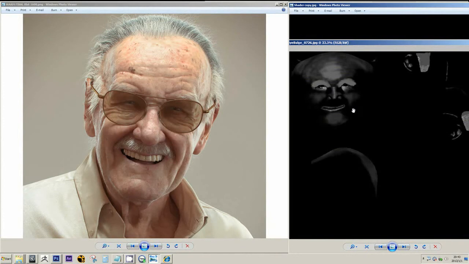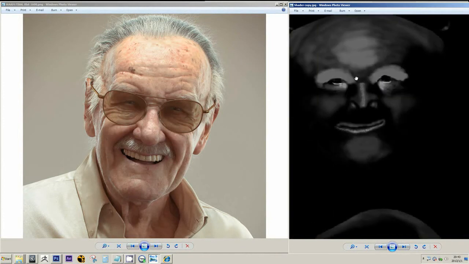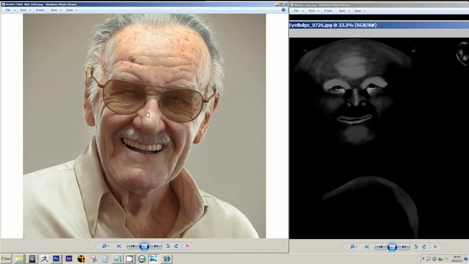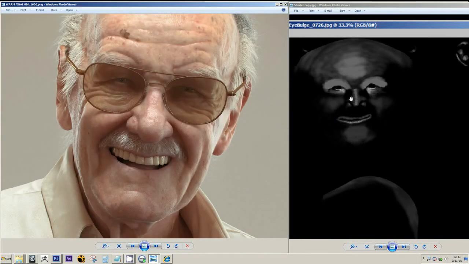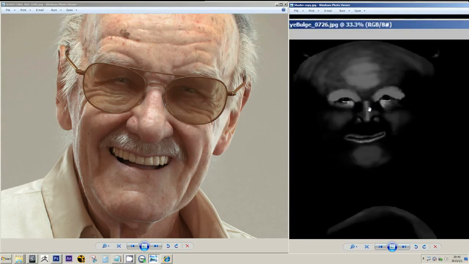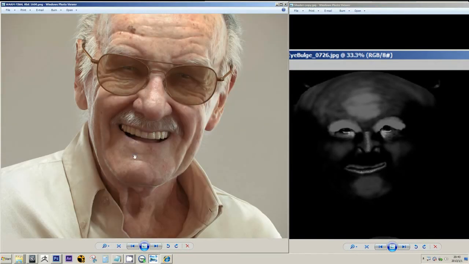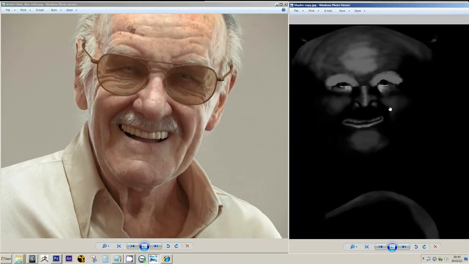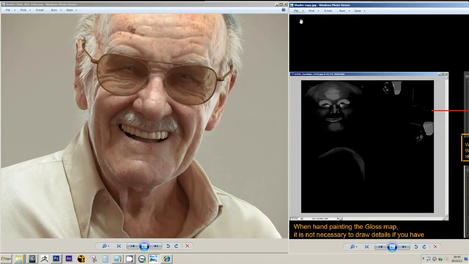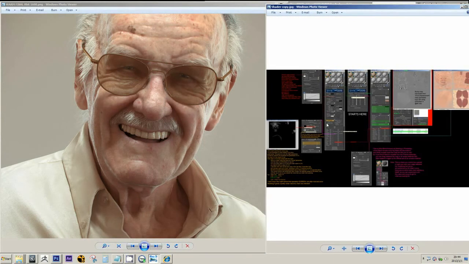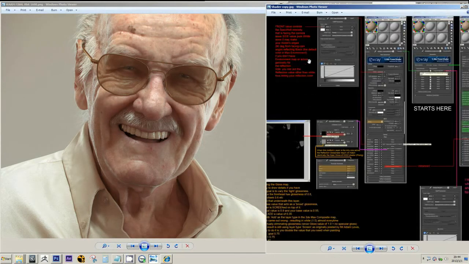Okay guys, sorry, I had to pause the video just now. So I was saying the glossiness map is as simple as where you want your specular highlights to be the brightest, and where you want it to be less. So this controls just that. So moving on, we're almost done with the material. The last part is just